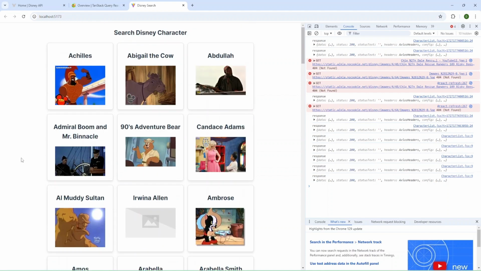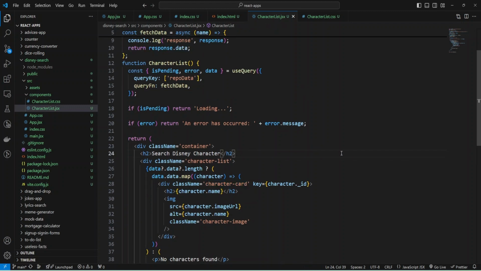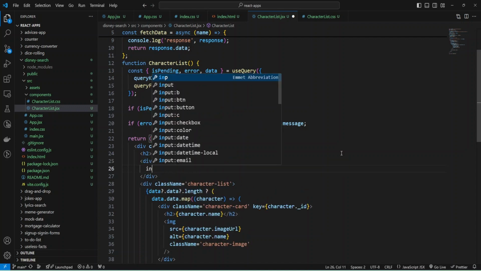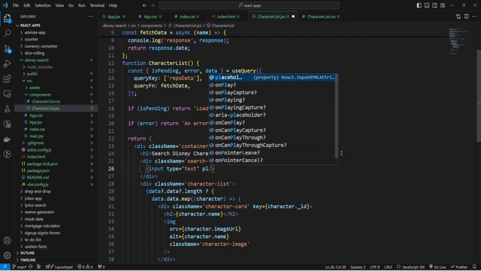Okay, everything is looking good so far, and let's add search input and search button. And for that, I'm going to go to my JSX code and add a div with class name search bar, and inside search bar I will have input with type text, and also we can add some placeholder.